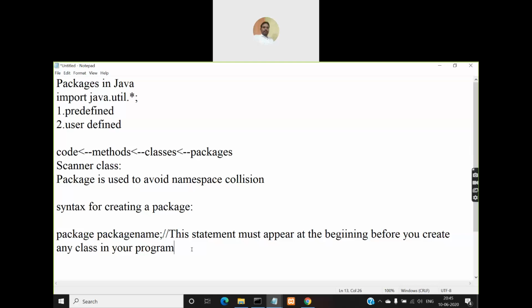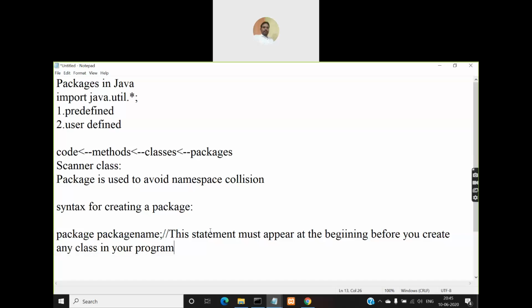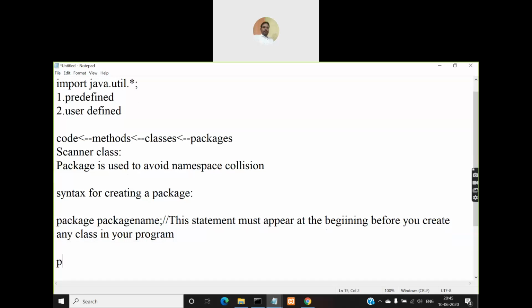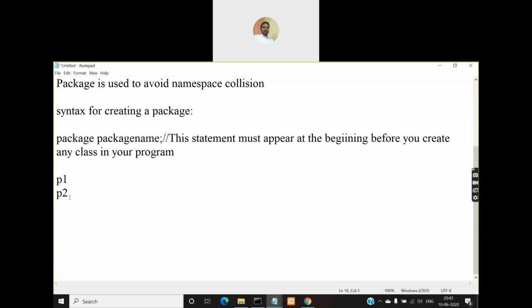So as per following this syntax, let me show you. We are going to create some number of files. We are going to create two packages called P1 and P2 in our example program that I'm going to show you. And first one is P1, second one is P2. Two packages you are going to create.